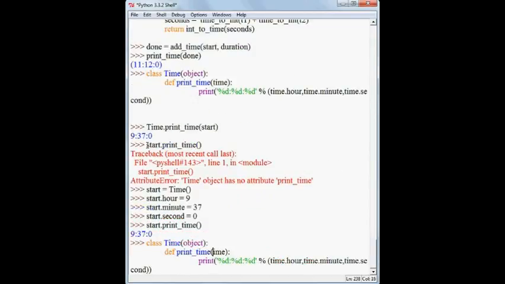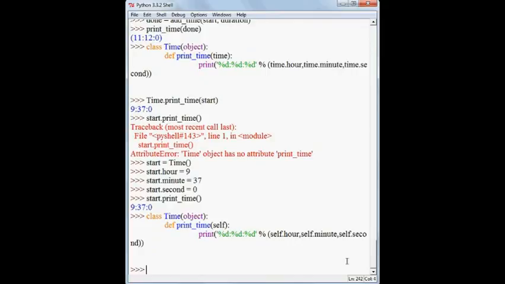If I use self here, in every place of time if I use self, okay, the reason for this convention is that the syntax for a function call, print time and in brackets the